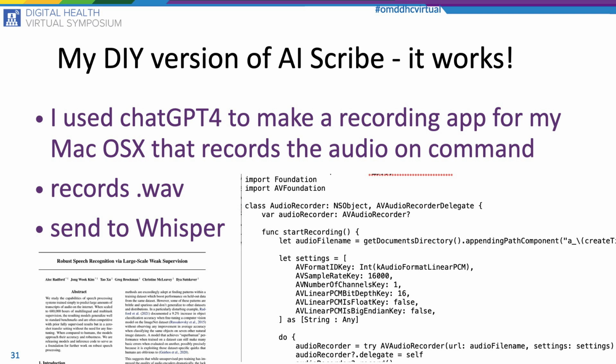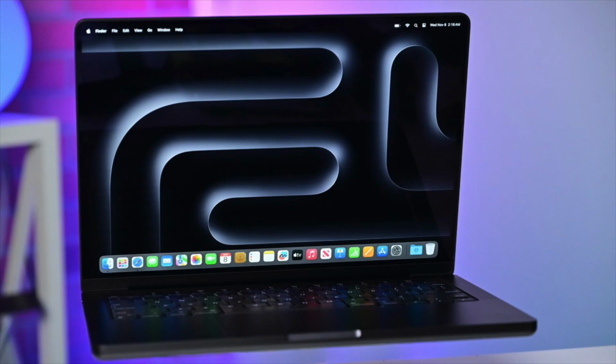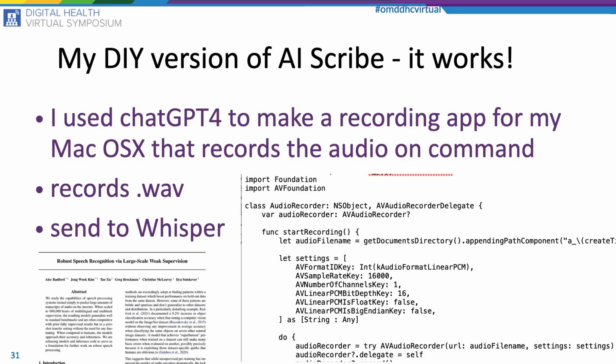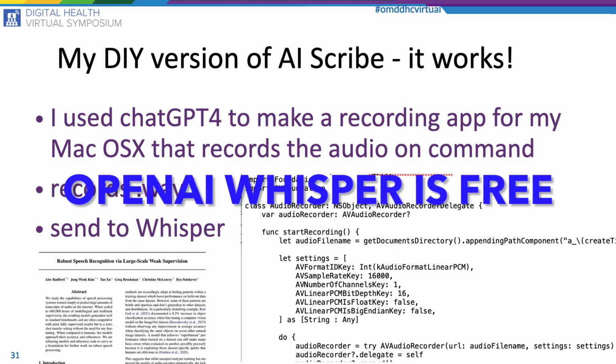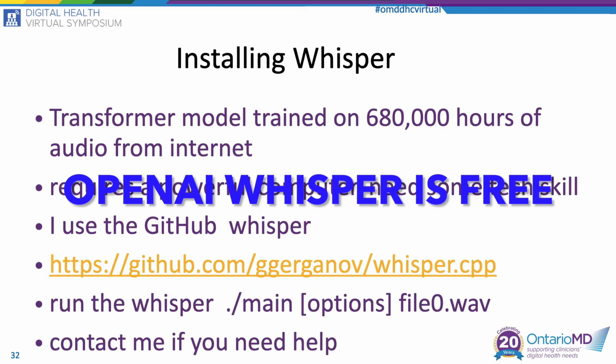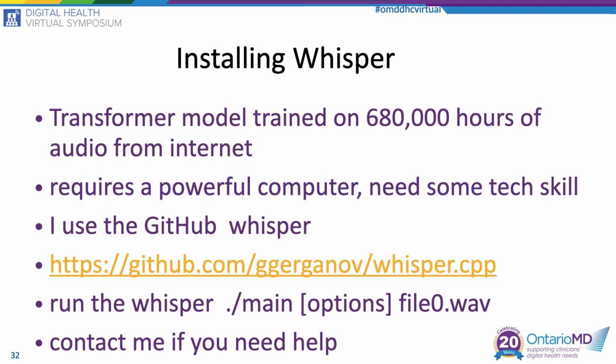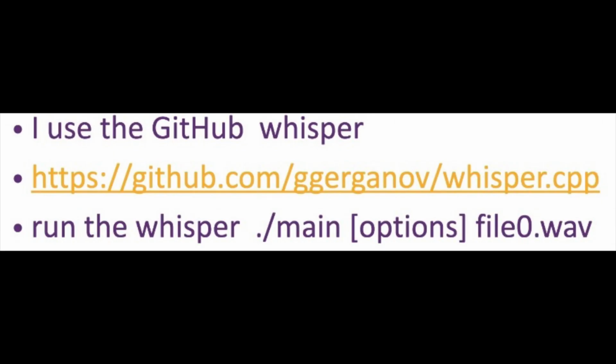I use ChatGPT 4 to write a recording app for my macOS computer. Or you can use any off-the-shelf audio app to record your voice. You just have to record a WAV file. So I install the OpenWhisper AI program inside my computer, and I send an audio recording to it. Here, for your techie aficionados, you could just go to this website and download the OpenWhisper model and install it